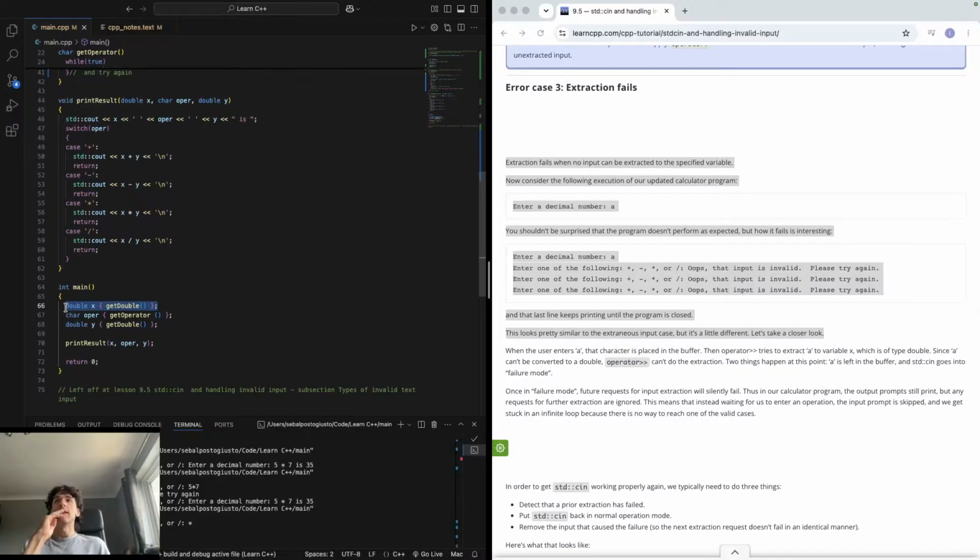Two things happen. A is left in the buffer, and standard character input goes into failure mode. Once in failure mode, future requests for the input will silently fail. Thus, the calculator program output prompts still print, but any request for further extraction will be ignored. This means that instead of waiting for us to enter an operation,